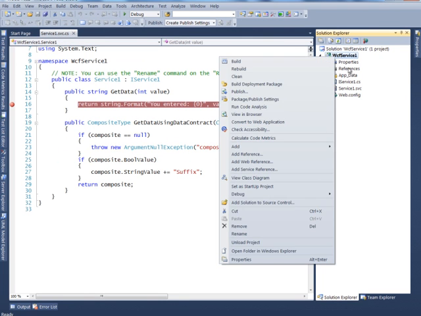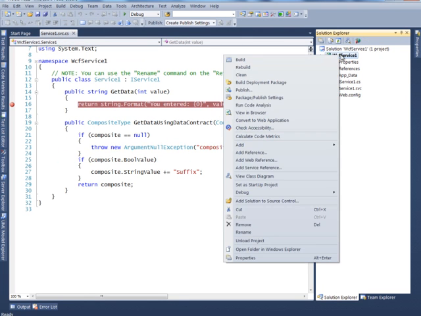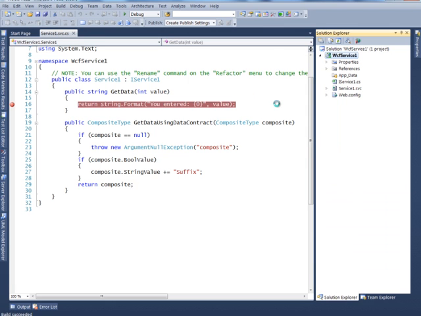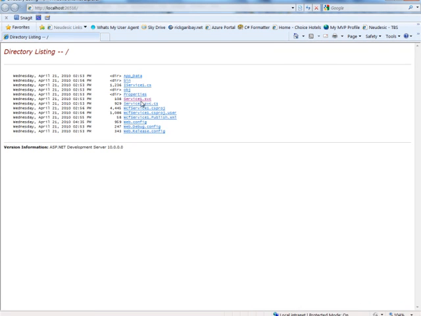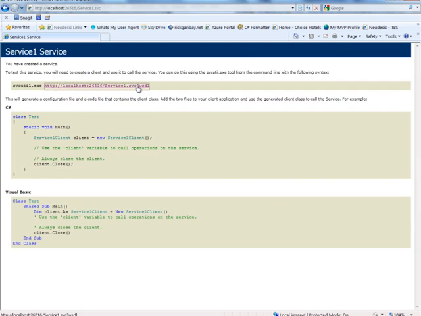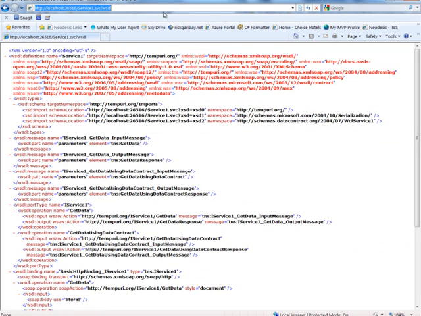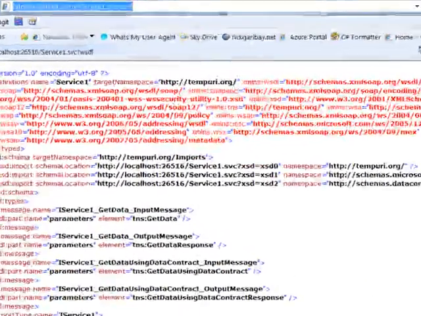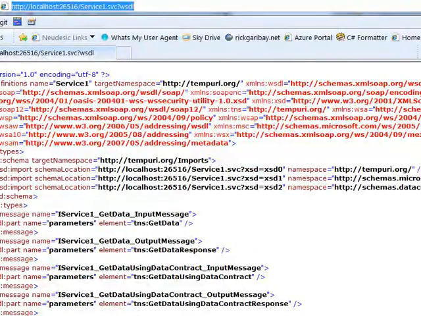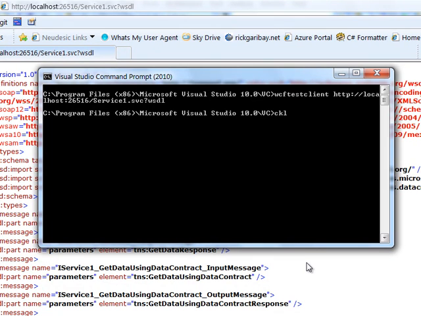So I'll go ahead and run that here within Cassini. And I'll start that in debug mode. I have a breakpoint set here so we can actually interact with it. And with that service running, I'll just show here the WSDL, and I'll click on the WSDL and grab the URI. With the URI in my clipboard, I'll just go ahead and fire up